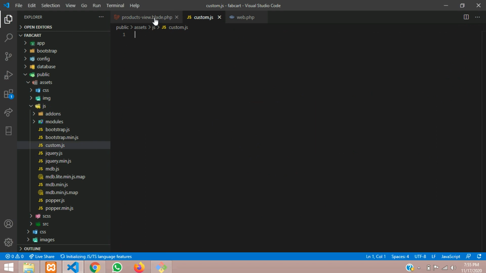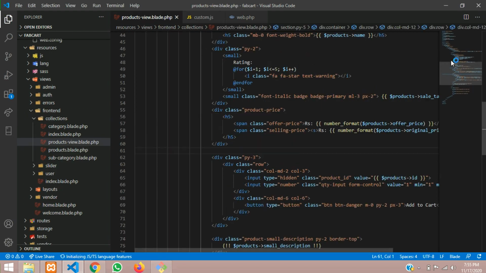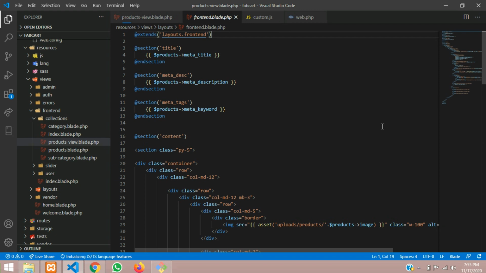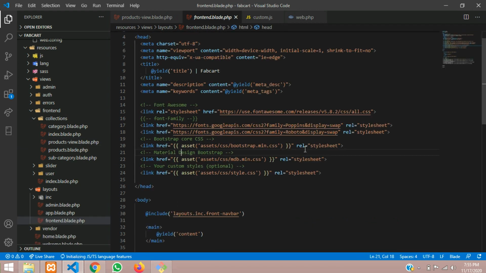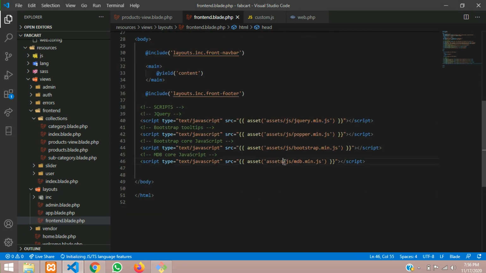Now you have to add this JS file globally. So we will go to our extended folder, that is layouts front end. Let's go to our main folder, which is front end. Over here we will link the file. So now let's move to footer, and let's copy this and mention this as custom JS, whatever we will be doing over here.